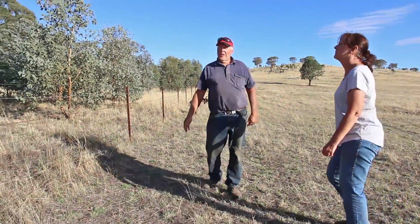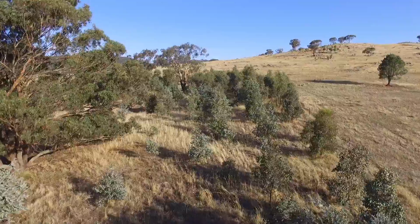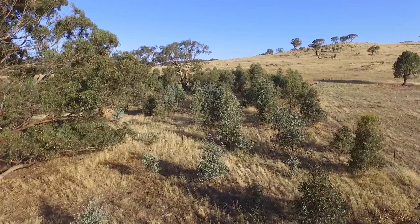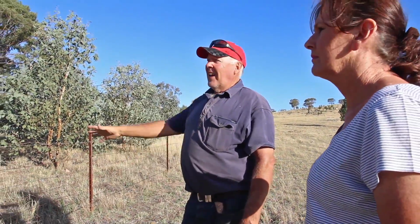This particular block we selected, there was 3 or 4 paddock trees still doing quite well in this creek. So we fenced this off about 10 years ago. A large number of regrowths were underneath the existing trees. So about half of these trees that are in here came up naturally, and the other half we topped up